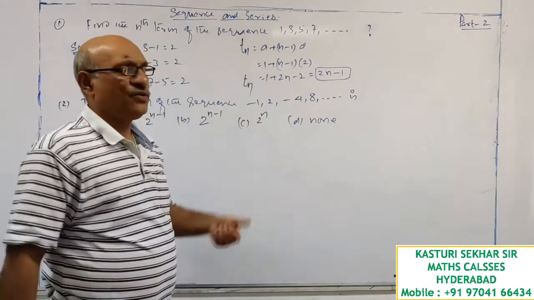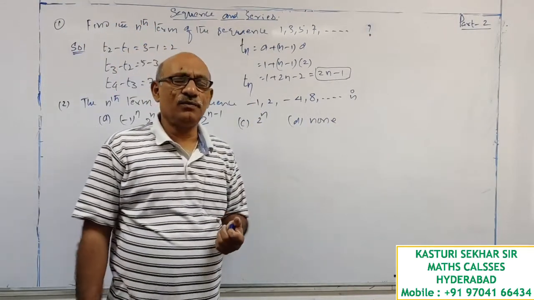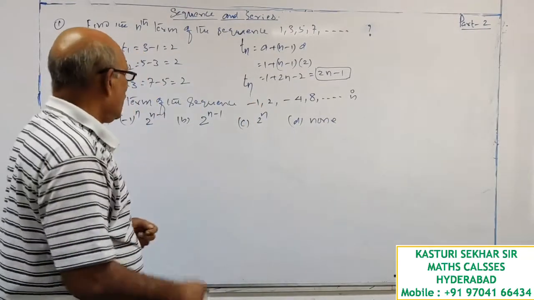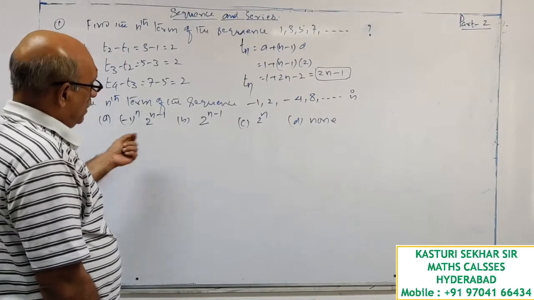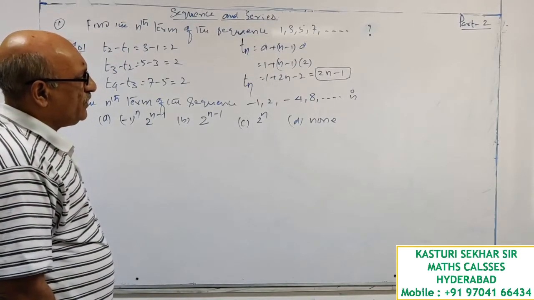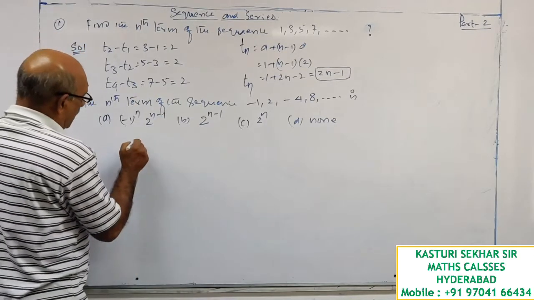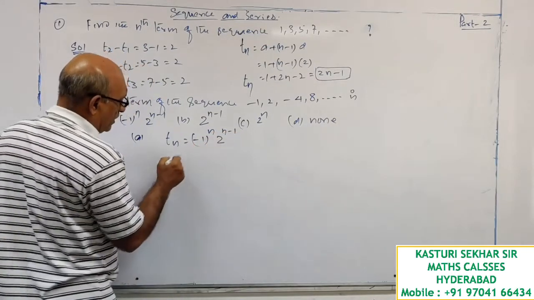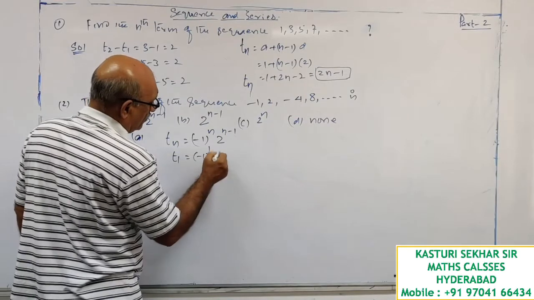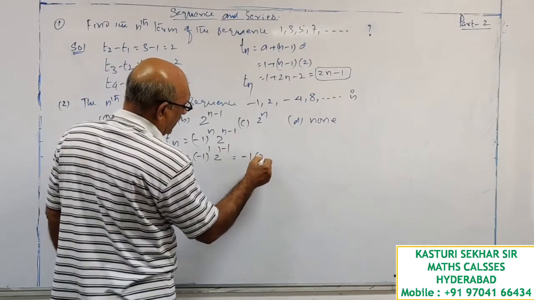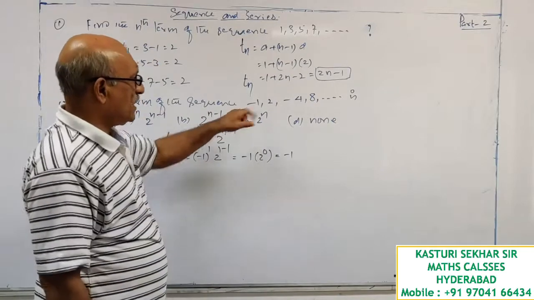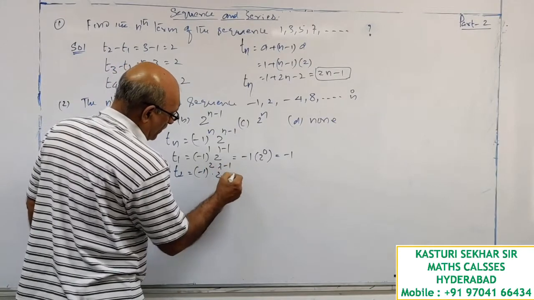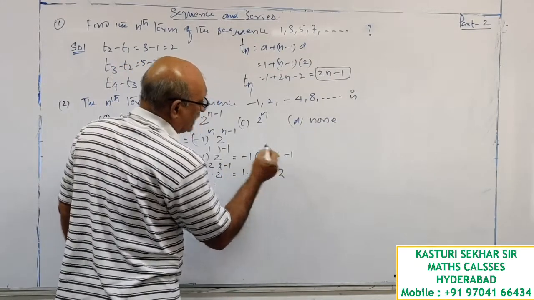Now we have the sequence starting with the negative sign, it is plus minus, etc. Now let us verify the sequence, that is general term, with the help of options. So option A, Tn is equal to minus 1 whole power n into 2 power n minus 1. When you take n is equal to 1, this is minus 1 into 2 power 0. First term is generated. T2 is equal to minus 1 whole square into 2 power 2 minus 1, 1 into 2, 2. Second term is generated.